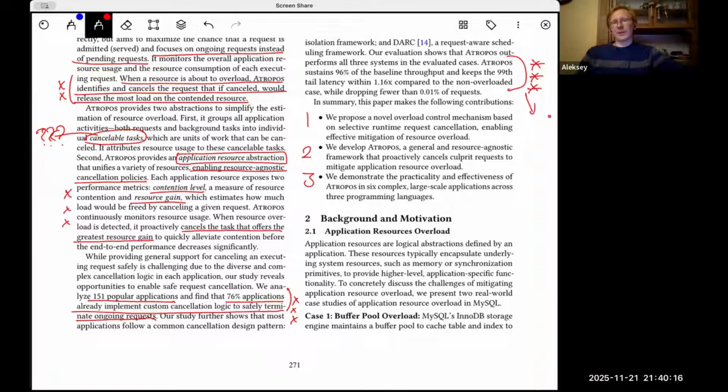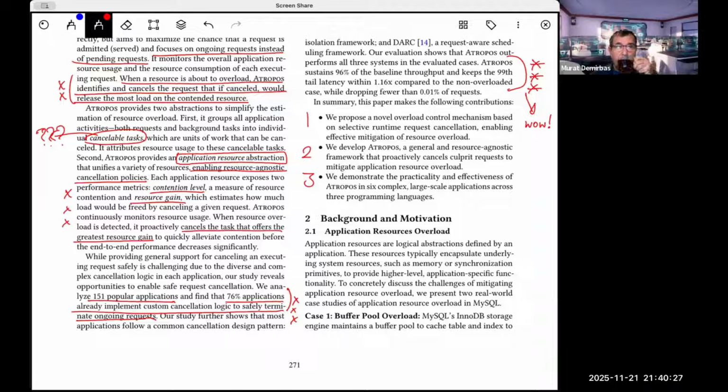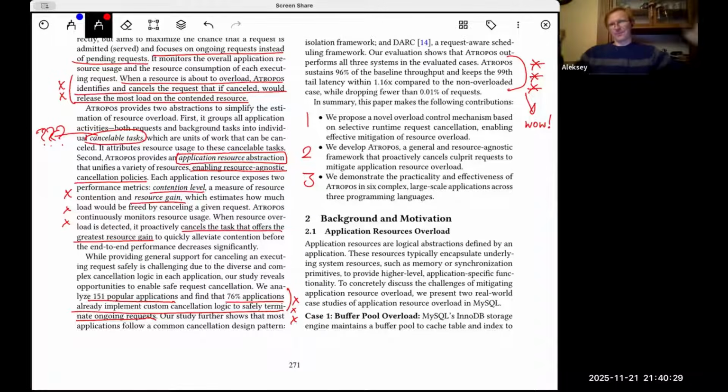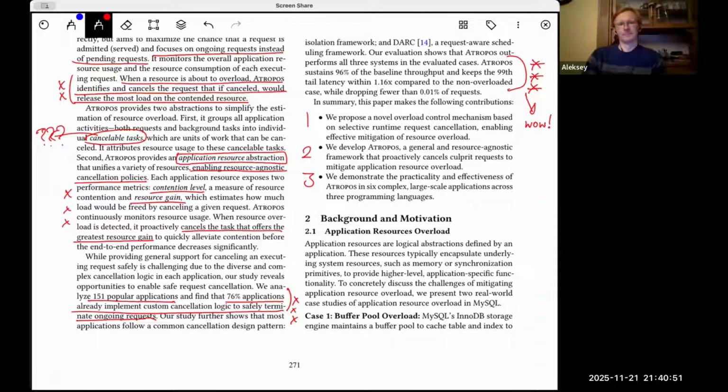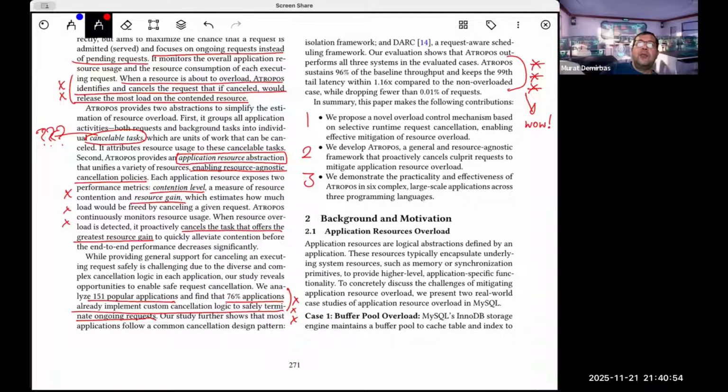Yeah, the mystery is, if you're really overloaded, how does removing 0.01% of requests actually help you? Unless this is such a massive resource hog, right? Yeah, looks like applications have that thing, and maybe this comes with some sort of a survey about categorization of tasks, and maybe it will say that the task that we end up canceling turned out to be this type of scan tasks or something. Let's read. Cool. Your turn.